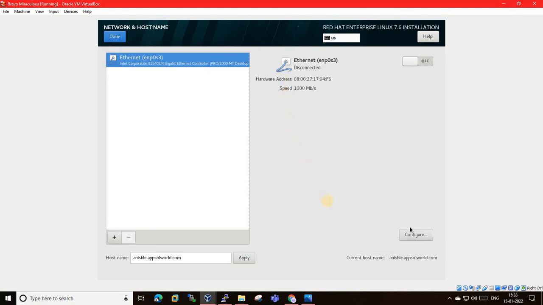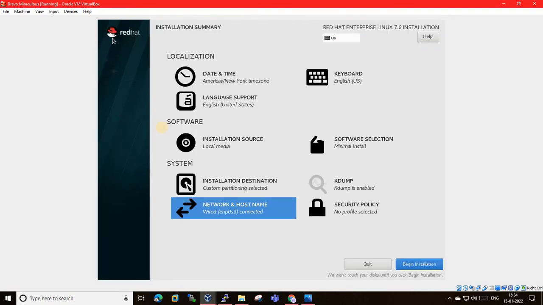So what has happened? We have done it. Now we just need to make it on. On means whatever IP we have given, it is taking 192.168.1.39. What is DNS? I think it is not done yet. DNS is not required, I told you, so that's not important. So we'll click on done. Okay, so network and host is completed.